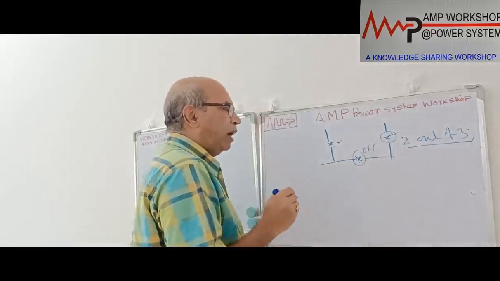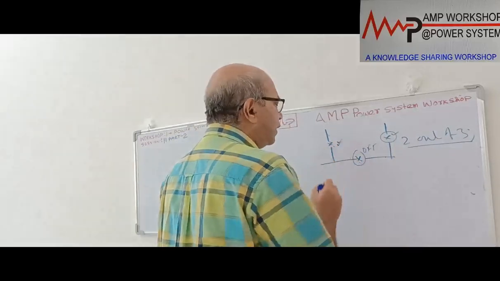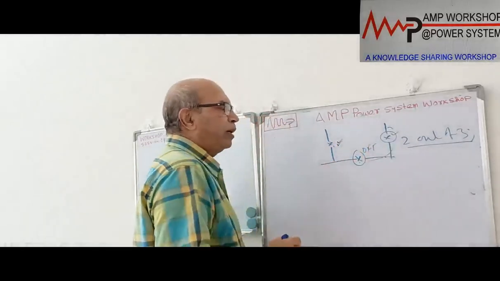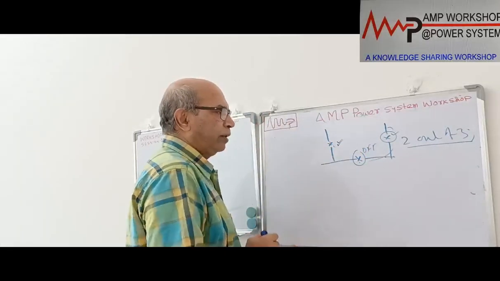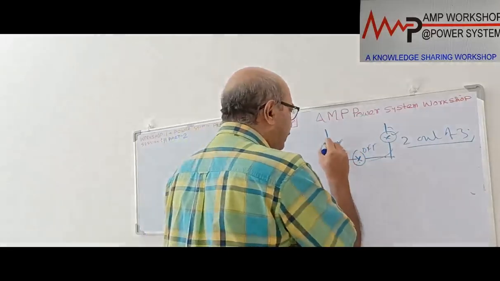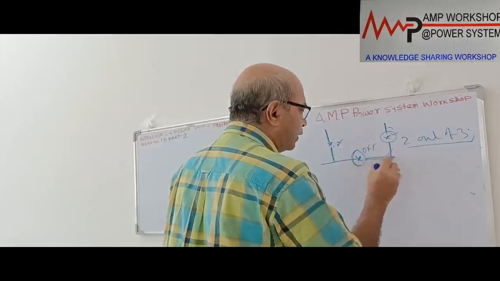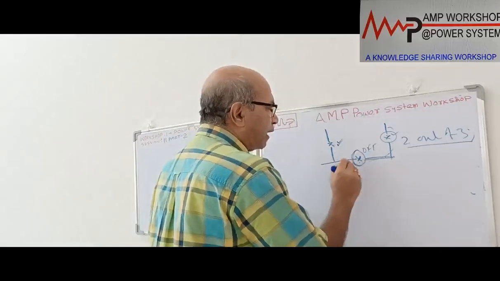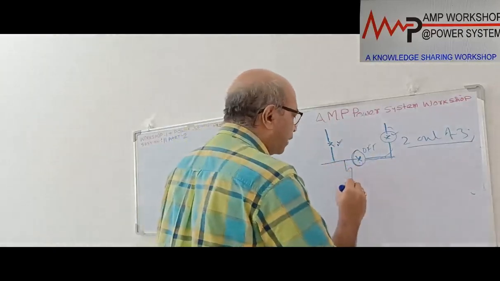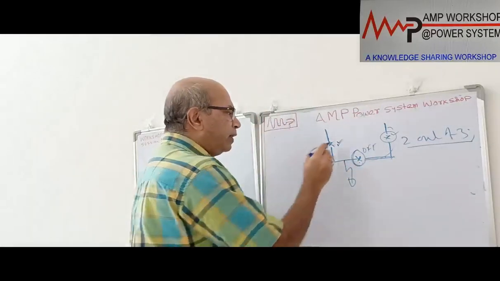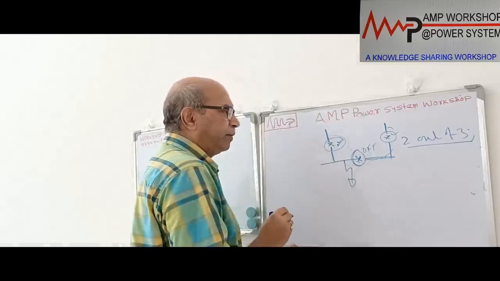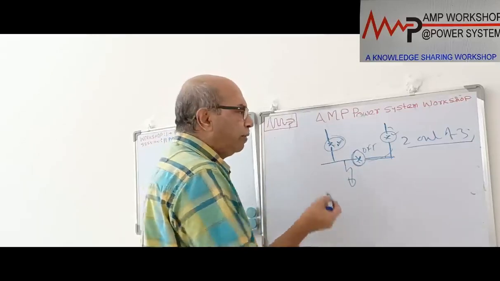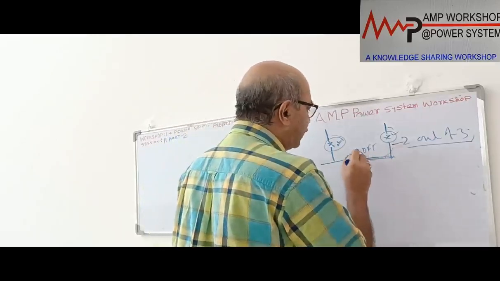So in that case, what will happen? The moment one of the incomers gets tripped, the other incomer will be automatically closed. That is called auto changeover. Now in case of a bus fault, suppose this incomer is running with the bus coupler closed. This is the operation. Or in a different way, suppose both incomers are on and the bus coupler is off. Now suddenly there is a bus fault over here. Immediately this incomer will be tripped, the bus coupler will be tripped. Then what will the auto changeover do? Immediately it will close this breaker, which is already off.